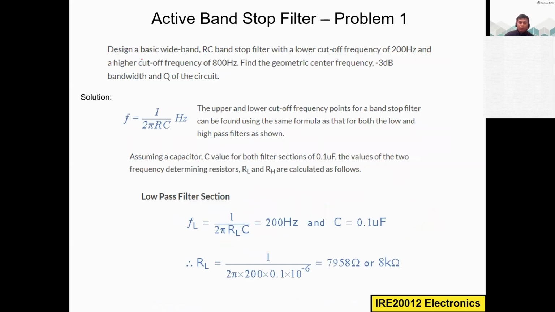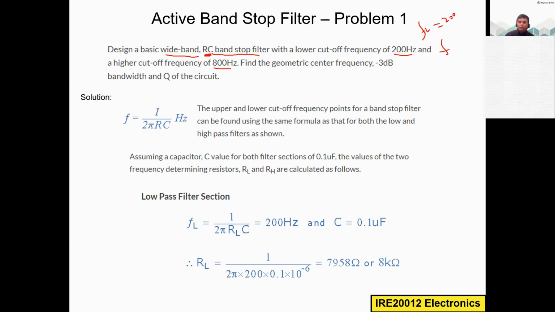And we will see one small problem. So design a basic wide band RC band stop filter. Remember, RC band stop filter. So we are not talking about the active band pass filter. We are talking about the passive band stop filter with the lower cutoff frequency as 200 hertz and higher cutoff frequency as 800 hertz. So FL is equal to 200